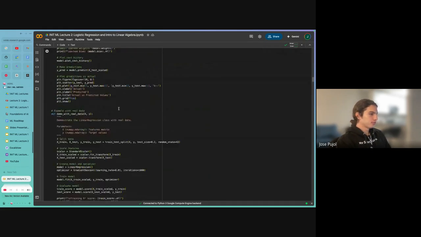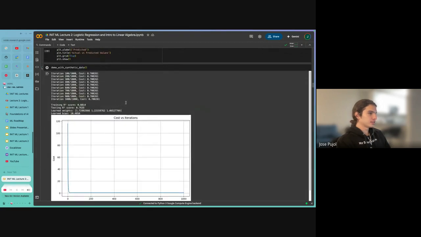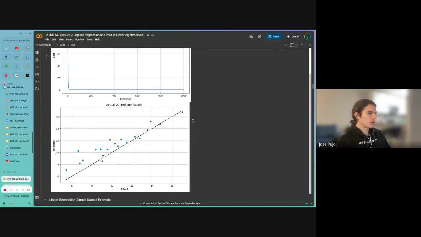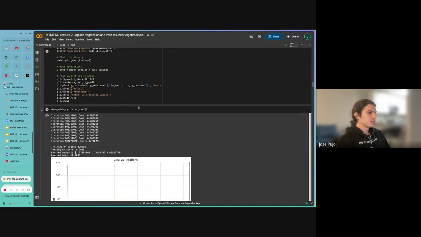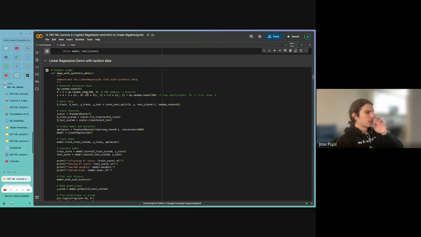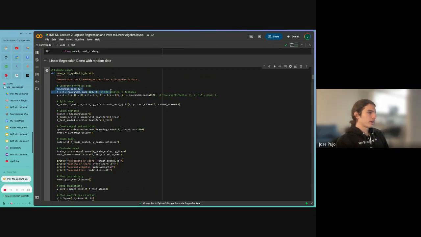So a little demo with just synthetic data. Which actually I should probably plot. So okay, I'll show you what's happening in this. We're just generating a random data set, which as you can see here, is just a random function.